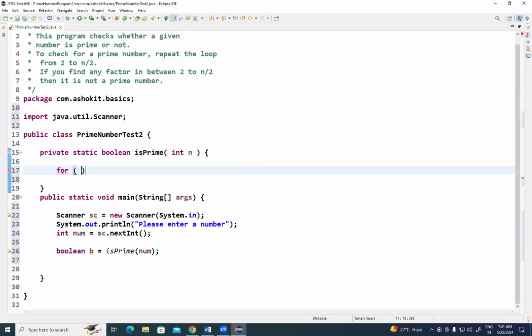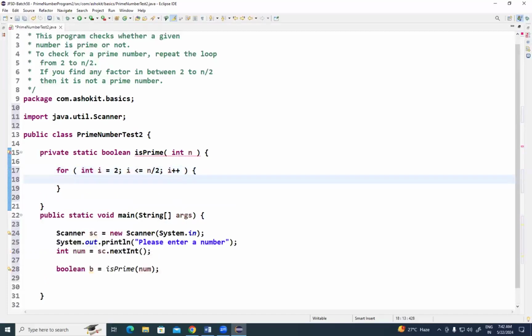For int i equals 2, because 1 is a common factor, right? i less than or equal to n divided by 2, i plus plus. Exactly. Hey, guys, am I clear to all of you? i equals 2, i less than or equal to n by 2, i plus plus. Folks, online folks,